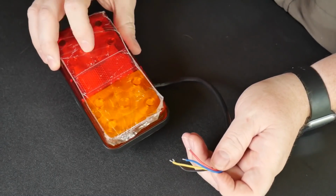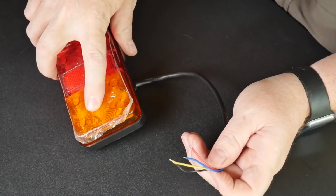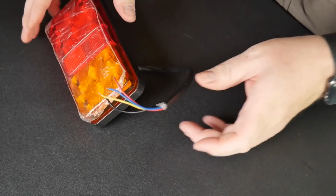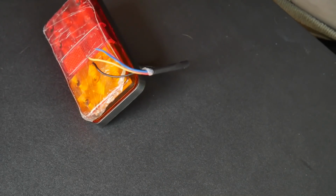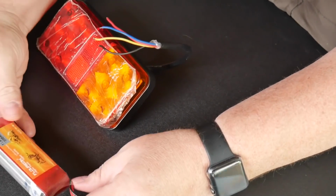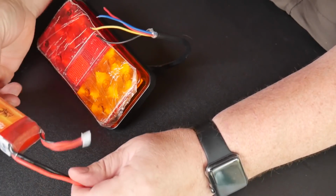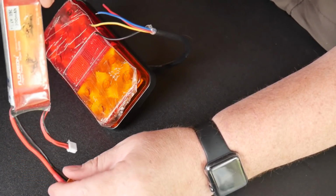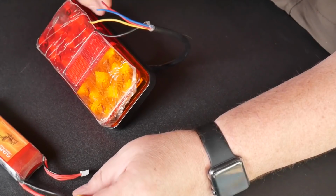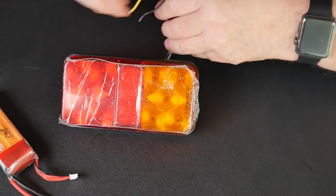Let's get that in camera. One's going to be the side light, one's going to be the brake light, and then the other one's going to be the indicator. So we just need to know which does what. To do that, I'm literally going to use one of these LiPos that I use for my RC cars. It's 11.1 volts, which is close enough to 12 volts. It should power the LED on that, okay. So if I turn that towards you,